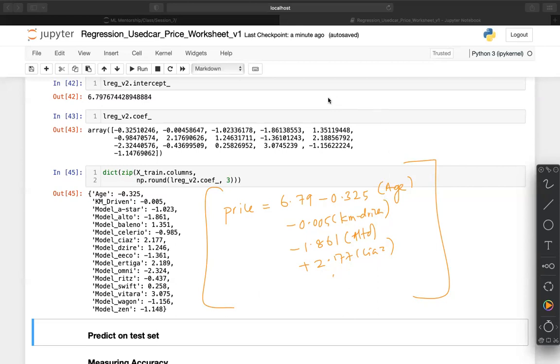So this should be as simple as, for a CS car, it will be 6.79 minus... let's say it's a 5-year-old car, age is 5, kilometers driven is 20,000, and CS car, right? Then minus 3.25 multiplied by 5, minus 0.0505 multiplied by 20, plus 2.177. Okay, so that would be the estimated value of the car,